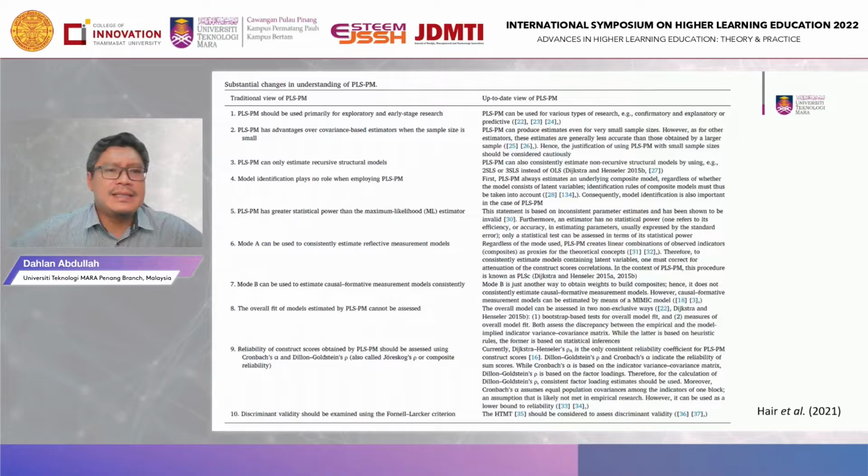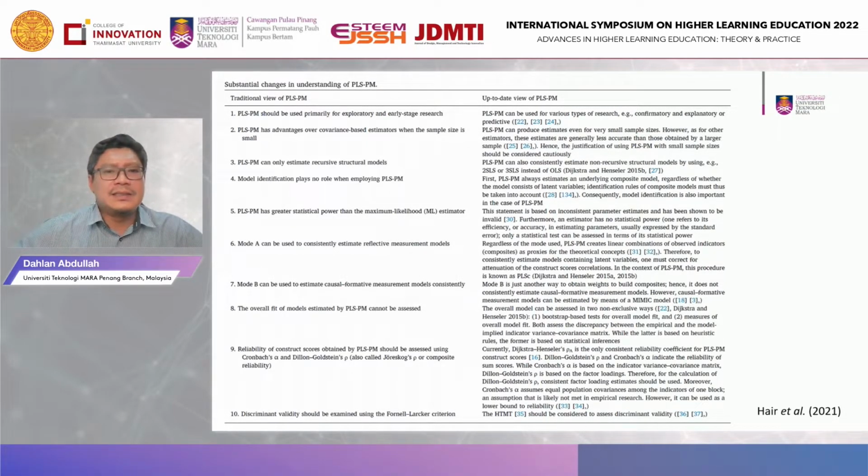So these are the changes, new things or new development in PLSM. We are not going to discuss in detail about this, because our focus will be more on reporting. Just I want to highlight that